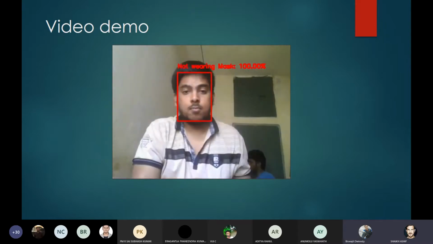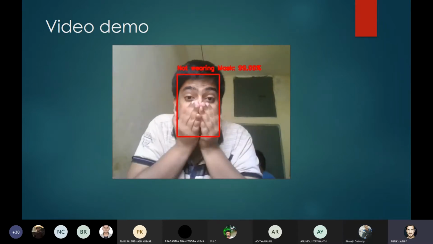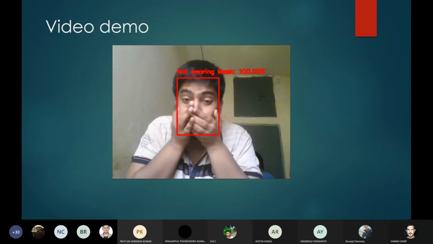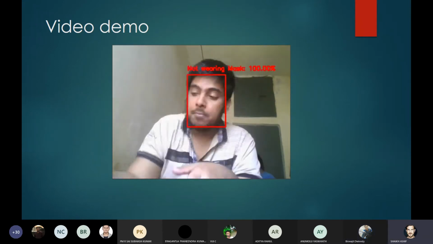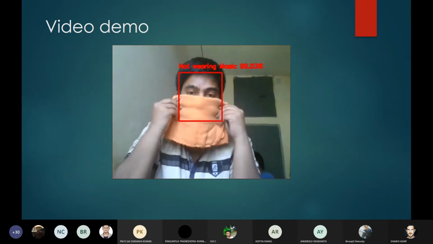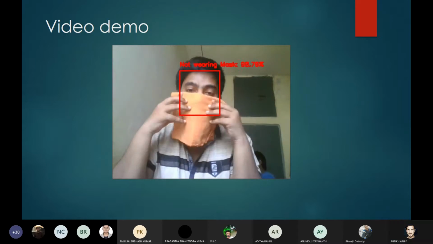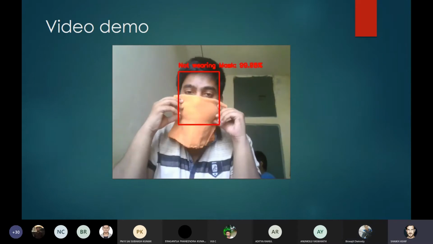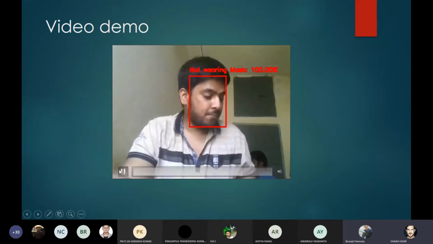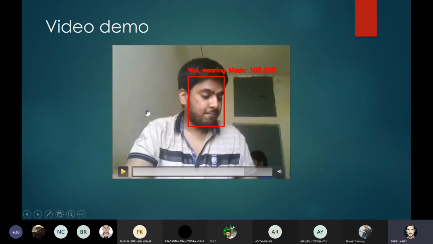As you can see, if I cover my mouth with my hand, it still catches that I'm not wearing a mask. And if I try with a cloth, there are 50-50 chances that it catches whether I'm wearing a mask or not. Why is that happening for cloth? Because the network is designed so that if it doesn't catch any facial features such as nose or mouth, it gets confused whether the person is wearing a mask or not. Then why is it not getting confused for your hands?